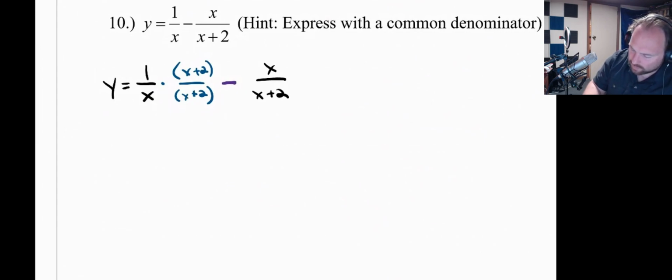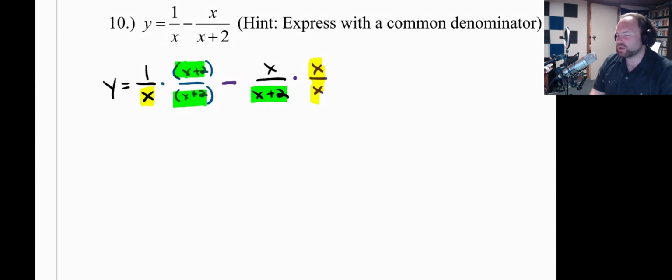This one we're going to multiply by x over x. So with some highlighters here, I'm taking the denominator of each term and multiplying the other term by that thing over itself. That's kind of what's happening here. What's going to happen is that's going to create a common denominator. We can then combine these two things into one thing that we can then analyze the same way we've been